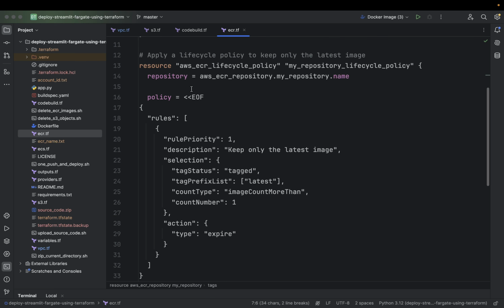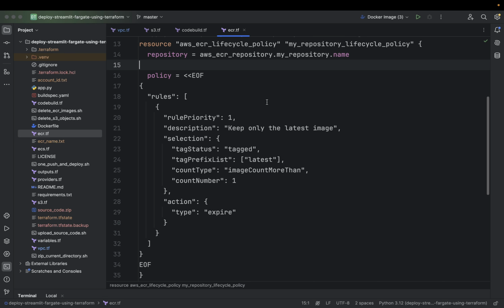Next, we apply a lifecycle policy to the repository using aws_ecr_lifecycle_policy, and this is my object name, my_repository_lifecycle_policy. This policy is crucial because it helps manage the repository storage by retaining only the latest image.